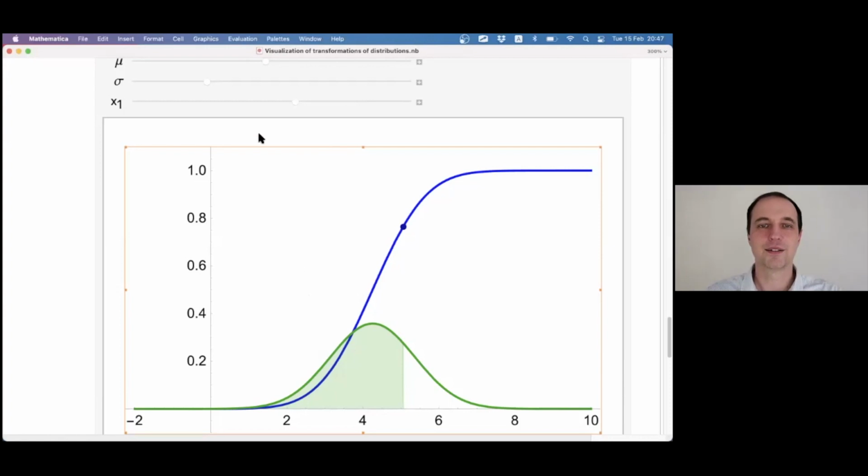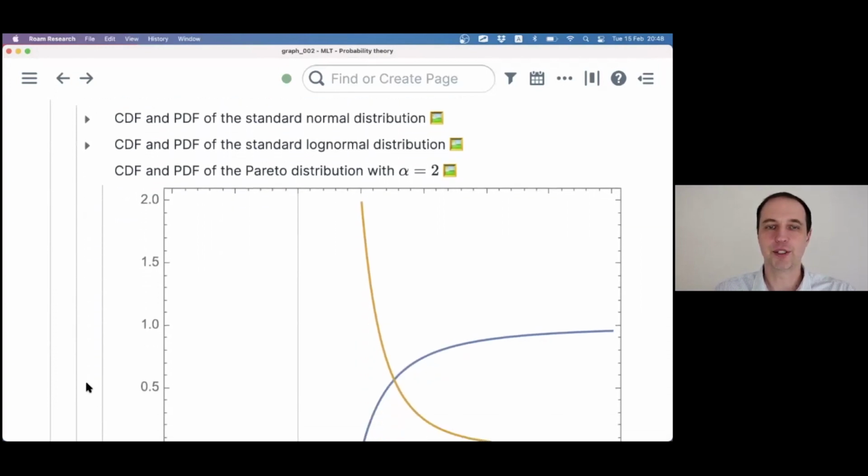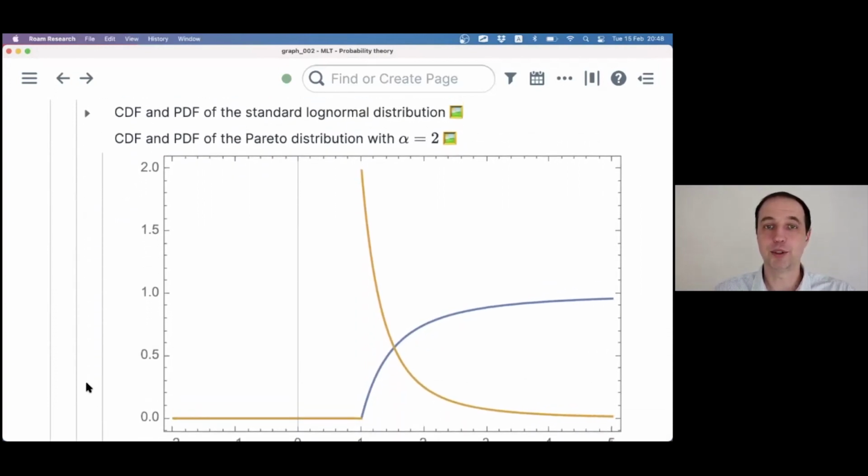All right. So hopefully this is clear. What would be an example where we need this more general definition? I have some pictures here. So I have a picture of the Pareto distribution, and this one has a CDF that looks like this. The CDF is constant; it's equal to 0, all the way to some place that you like. So in this particular case, it's number 1, and then